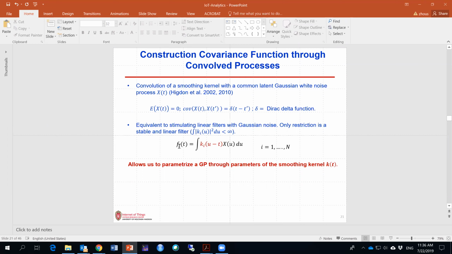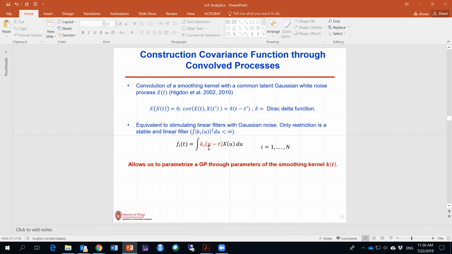So its covariance function is not like a Dirac delta function anymore. It's a covariance function that has a structure, and it could have a one-to-one mapping to the kernel function. So if we know the kernel function, we can derive its covariance function, or if we know its covariance function, we may derive the kernel function. Of course, not for every kernel function can we have a closed-form covariance function; only for certain simple kernel functions can we derive it. So in this way, we can construct a Gaussian process. And if we have data collected from this process, we can estimate the kernel function parameters. So this is a way.